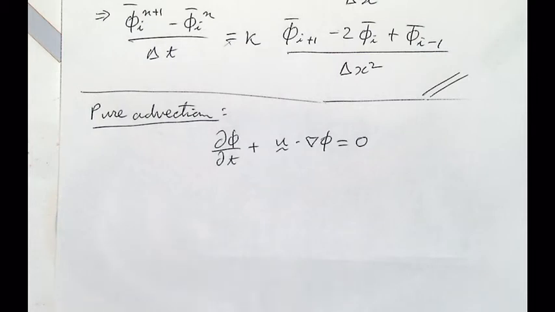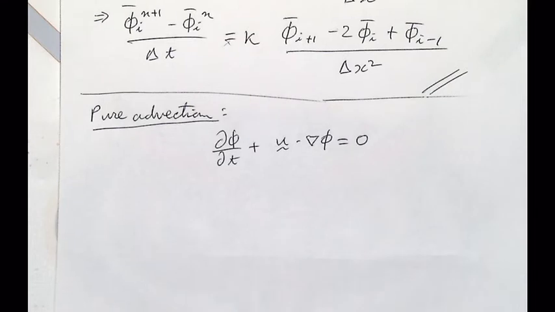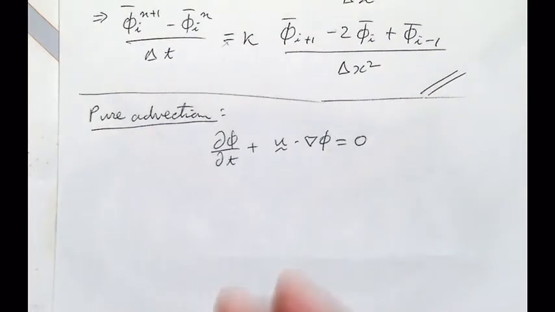Conservation form means talking about fluxes. Flux is quantity times u. That's the flux. So I want to change this term so I get something that looks like a flux. We're going in reverse, from the PDE to the integral form. The proper way to do this is to start from the integral form and go to the PDE, just so you'll see how exactly these two are related. We'll go in reverse.